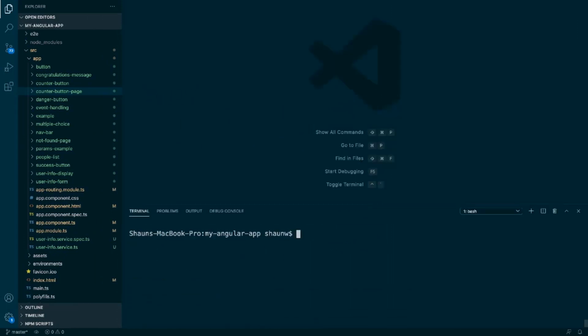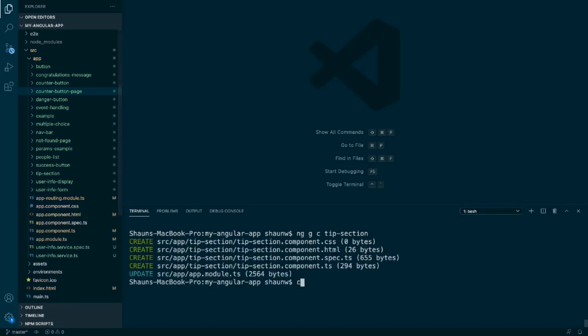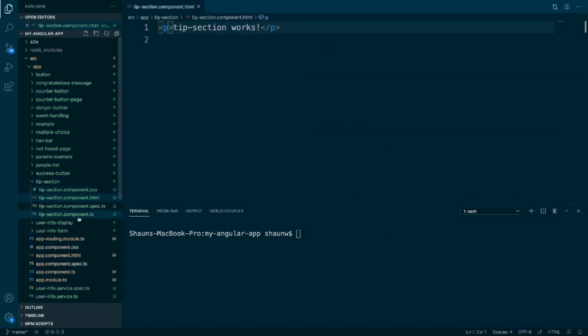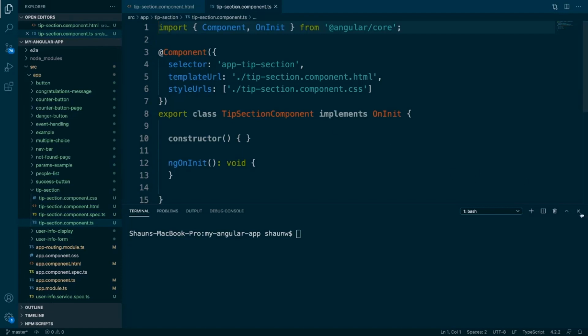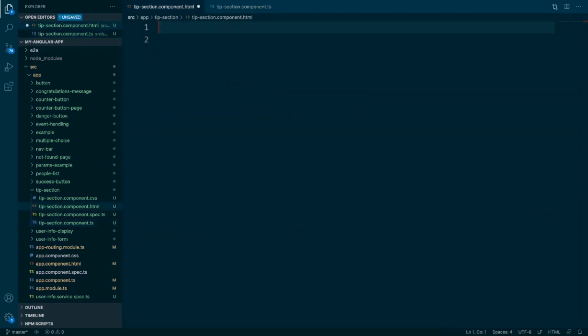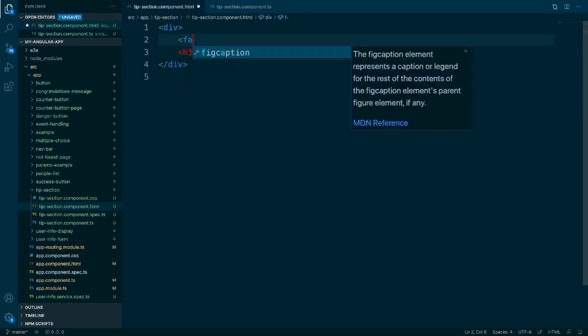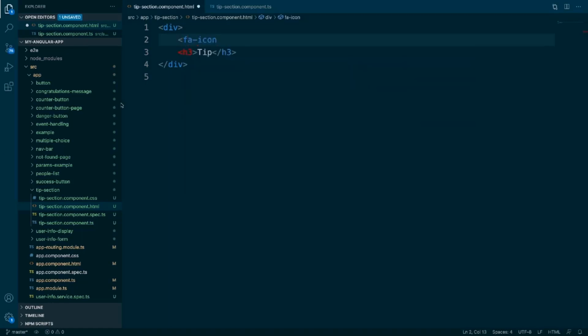So let's start off by creating a new component. We'll call it tip section. Let's open up our component's HTML and TypeScript here and take a look at it. Now, one way of implementing our component, which will look something like this, it'll have a div, it'll have some kind of heading at the top that says tip. Maybe it'll even have a Font Awesome icon. We'll say fa-icon,